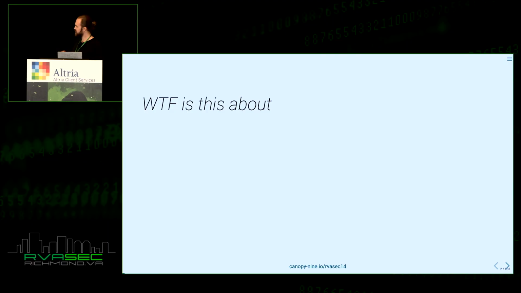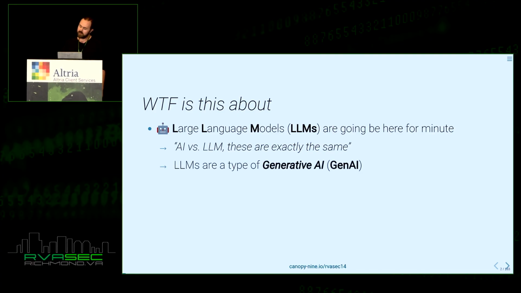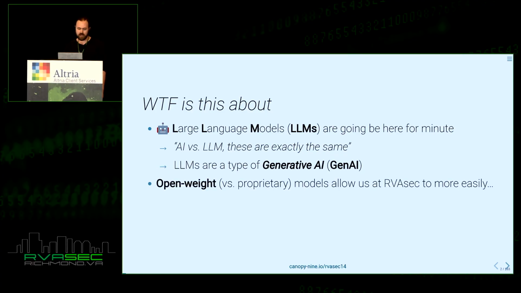So, what is this actually about? We're going to talk about large language models, and that's because I think they're going to be here for a minute. When you hear AI these days, it's usually people talking about an LLM, because that's what people are thinking about, but there's a lot more to it. LLMs are really just generative AI, which means we don't really care about their discrete predictions or their classifications or things like that. As you all know, we care about what they generate, which is going to be text in a lot of cases.